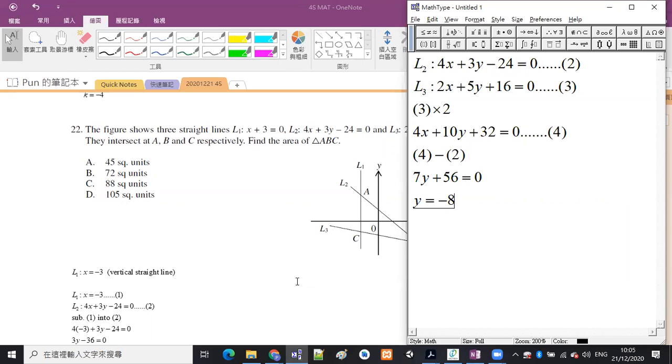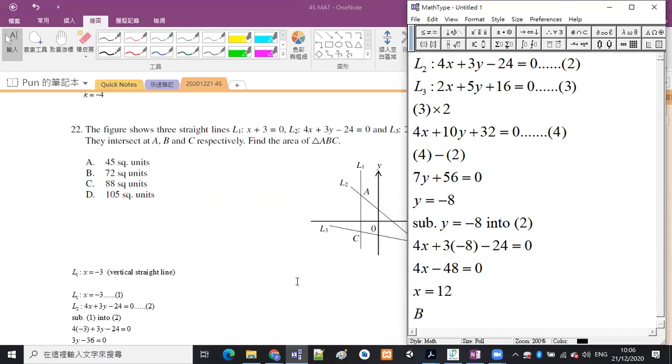Then we just substitute y equals -8 into equation 2 or 3. We have 4x plus 3 times -8 minus 24 equals 0. So 4x minus 48 equals 0, and then x is 12, which means that the coordinates of point B will be